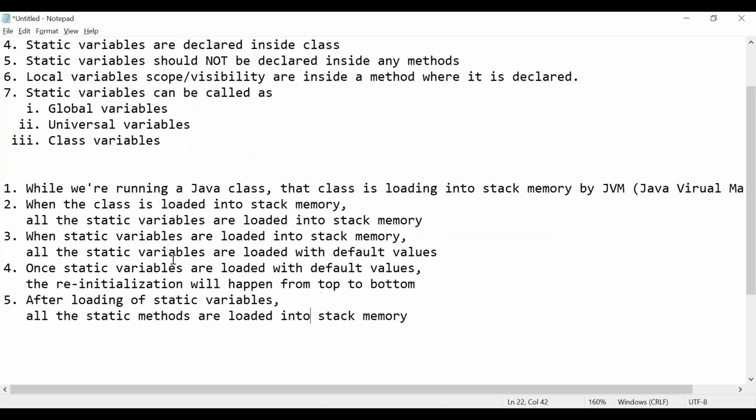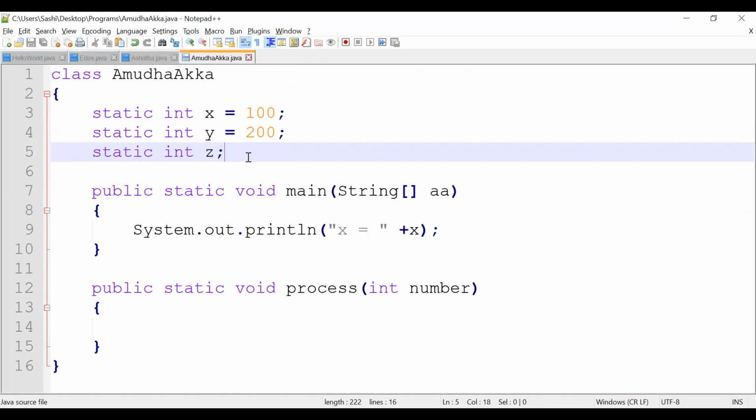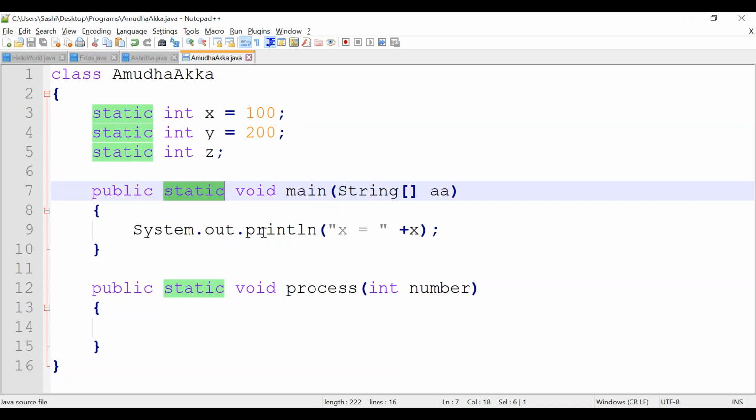See here, in the fourth step we are seeing that reinitialization is happening. Once reinitialization is done, what happens? It is finding what static methods are there here. Whichever methods are declared using the static keyword. Main method is declared using the static keyword.